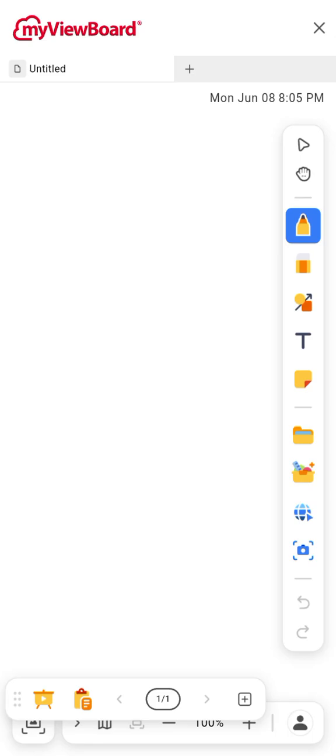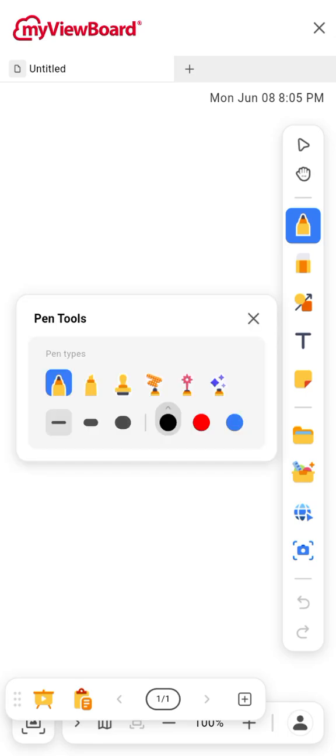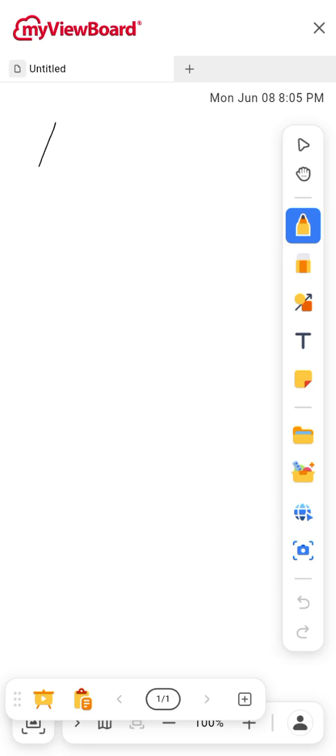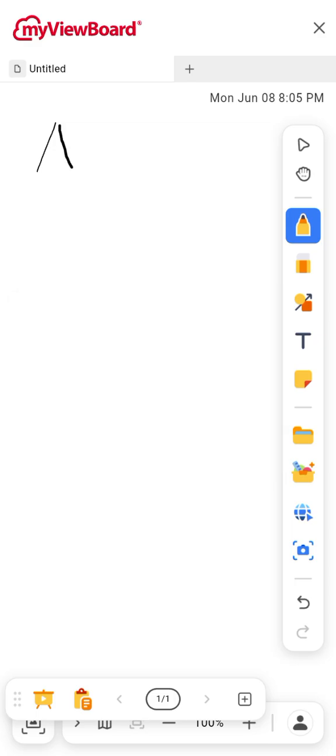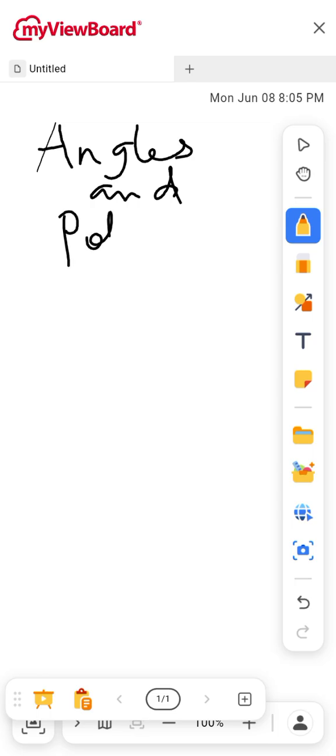This evening, we shall be discussing angles. We'll be talking about angles and polygons. These are things that you have learned before, but let me have a quick recap